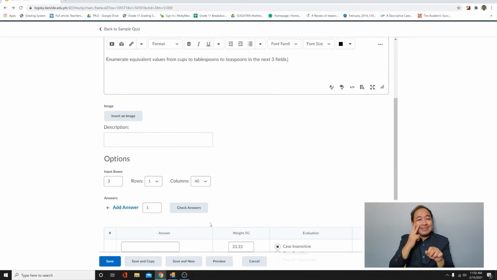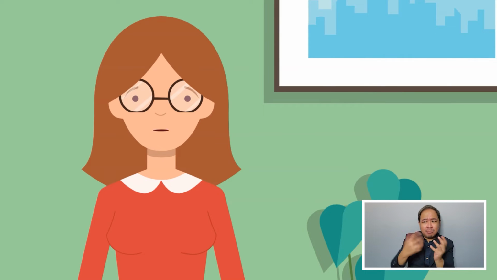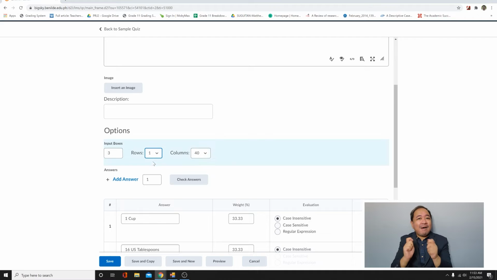Multi-short answer questions require students to answer succeeding but related questions. The answers may be placed in the individual input boxes. Students' answers are checked against each possible answer. Ideally, the number of answers should correspond to the number of input boxes. You may adjust the number of input boxes and its size by changing how many rows and columns each box